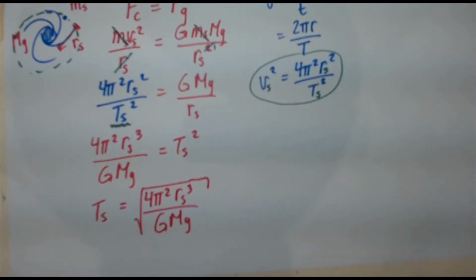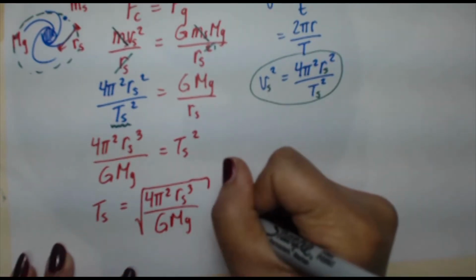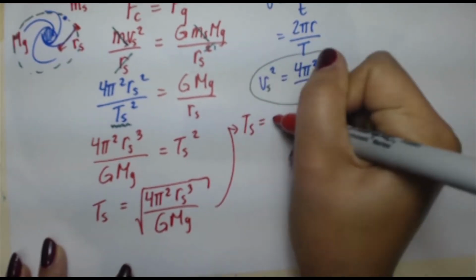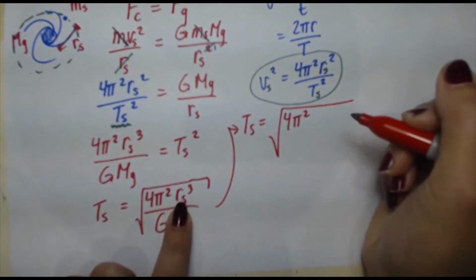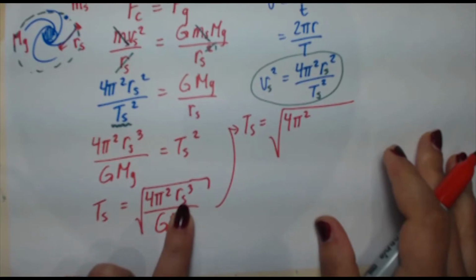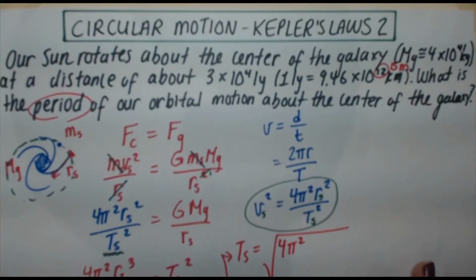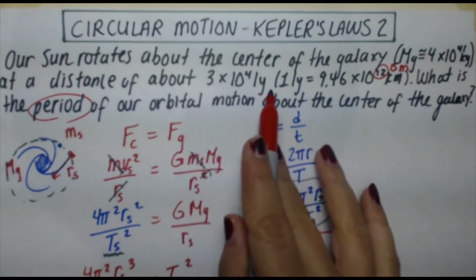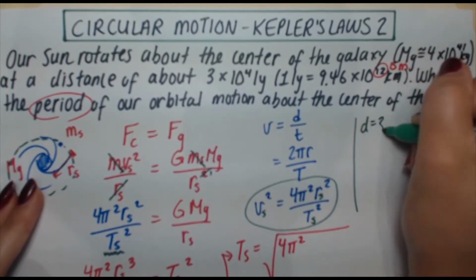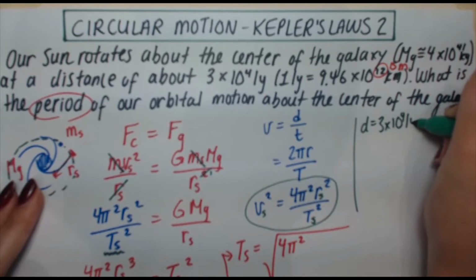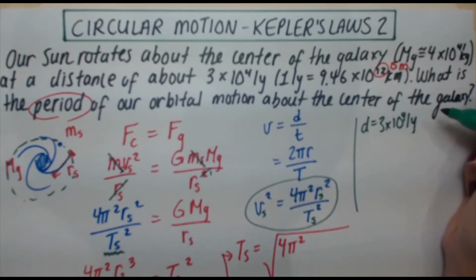All that's left for me to do is plug in my numbers. Okay, so let's do that over here. So Ts is equal to square root 4 pi squared. Now, Rs, the distance between the sun and the center of the galaxy. Okay, we've been given that distance in light years, 3 times 10 to the 4 light years. Okay, so D is equal to 3 times 10 to the 4. Now, in our calculation, we have to enter it in meters. We have to enter it in SI units. So I'm going to multiply this by